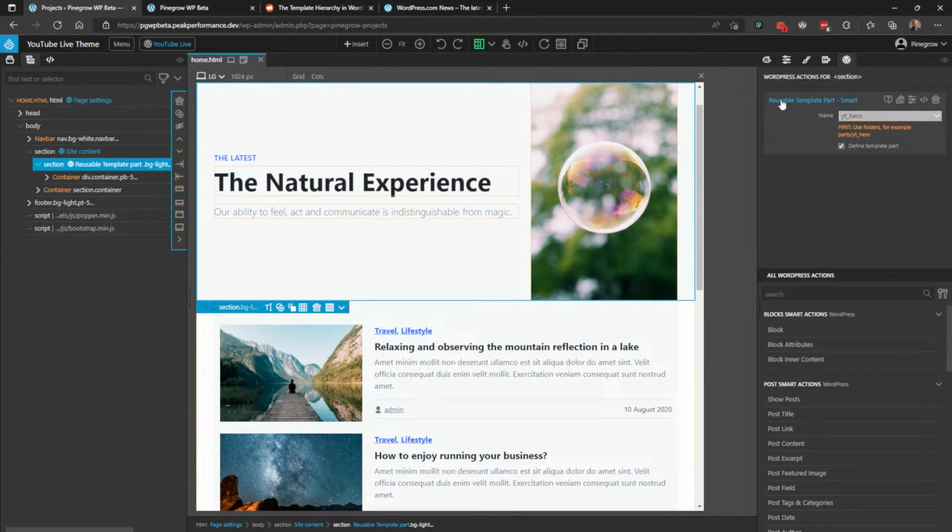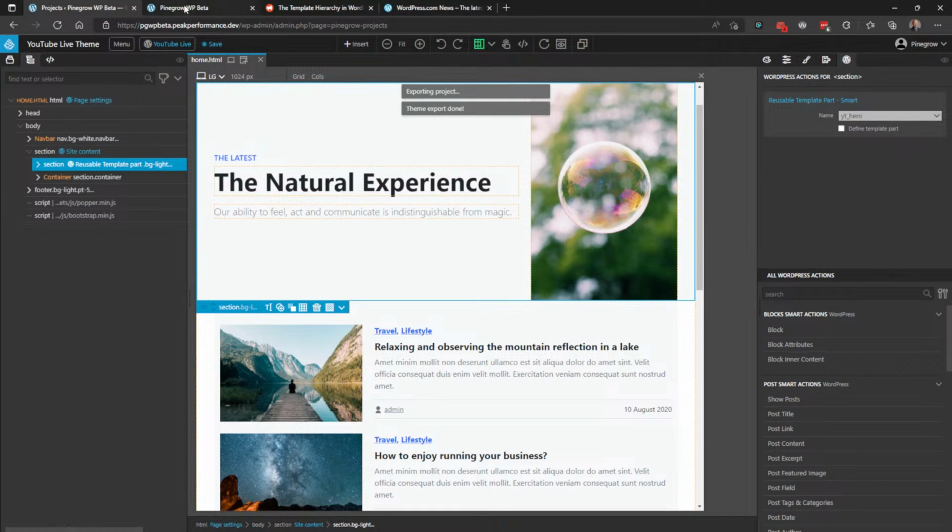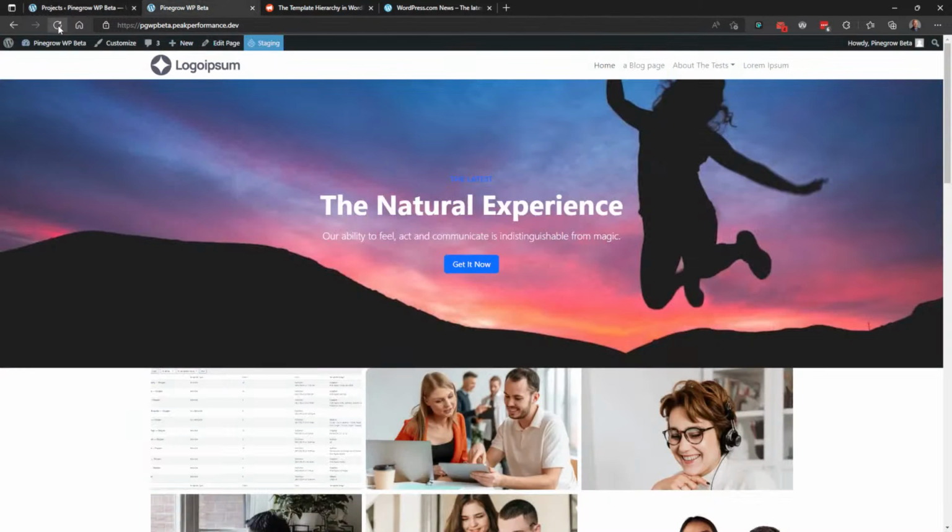So it told me this reusable part is being duplicated. I don't want to define it here. I want to select it here because I already defined it on page.html. Export that theme. There we go. Cool. So now if I go to my blog